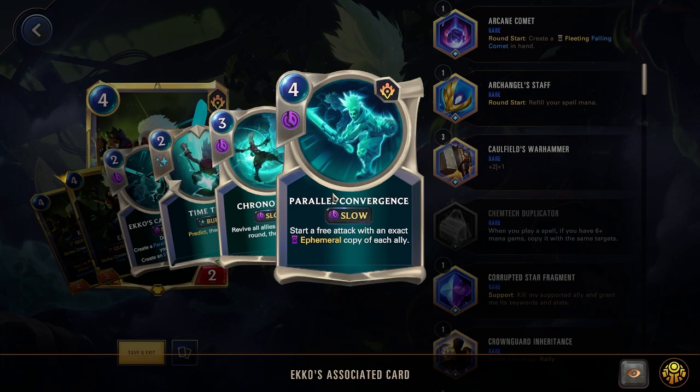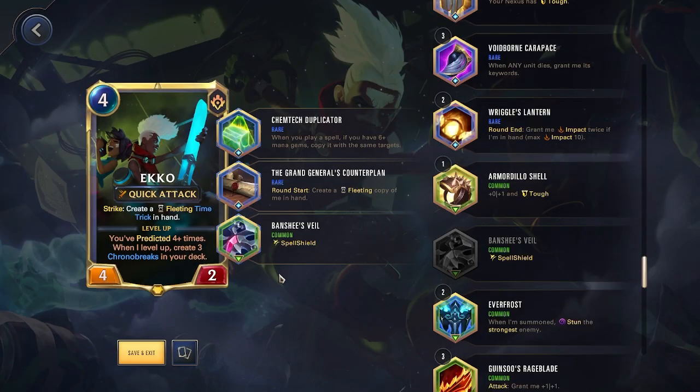And normally you're going to be playing this when the duplicator is now active. So this is going to go off twice, massively overwhelming the opponent and really finishing off the game. Now for the common relic, again, I do like Banshee's Veil here. Ekko is a very weak champion in regards to his health, so having some amount to protect him really will